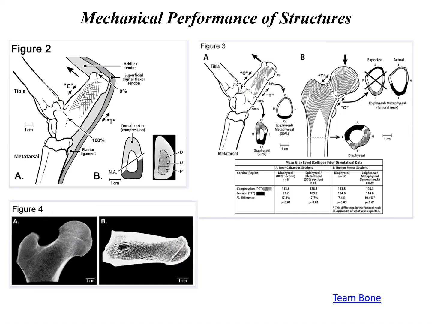It is important to realize that the neutral bending axis can be a function of other skeletal elements, as shown here in this schematic of the calcaneus, or that's the heel bone of an artiodactyl in figure 2. This is a deer, and this is from the work of Dr. John Skedros. He was actually an undergraduate here at the University of Utah, and he's now an orthopedic surgeon,